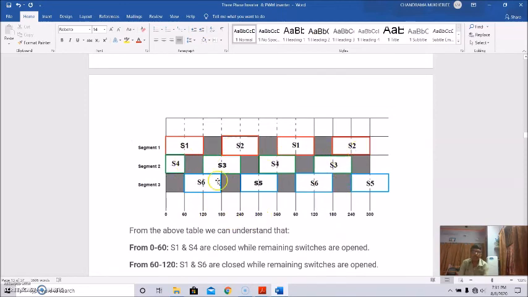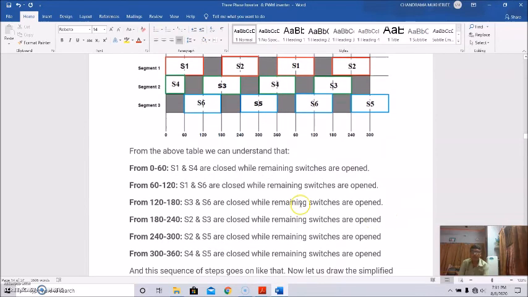So this is for segment 1: S1, S2, then S1, S2, S3, S4, then S3, S4. And this is S5, S6, and so on. So from the above table, we can understand that